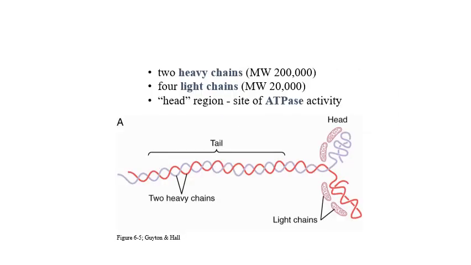Now this is the structure of a myosin molecule. A myosin molecule contains two heavy chains. Okay, molecular weight is about 200,000, and then it contains four light chains. So a total of six chains, with the four light chains having a molecular weight of about 20,000. And this is the head region which has ATPase activity. It means it would cleave ATP and it would phosphorylate and cause energy shift.